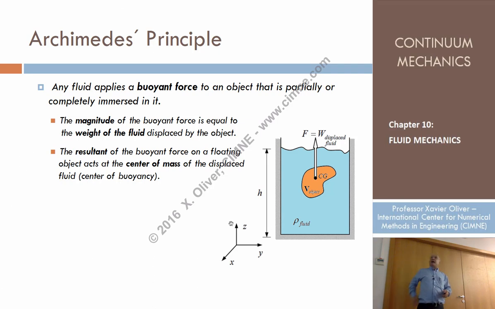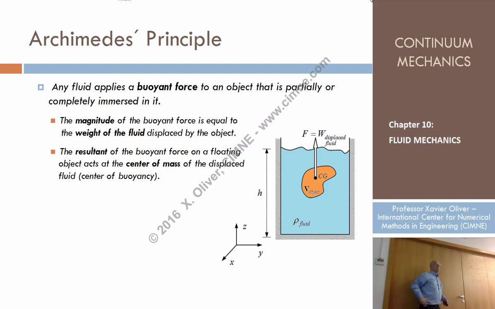But look, at the end, I don't know if it was Archimedes himself or some other, the problem was that he was able to determine the volume, and once determined the volume, we can postulate that the magnitude of the force is proportional, it's exactly the weight of this displaced volume. But, and with that I will finish, there is a second part